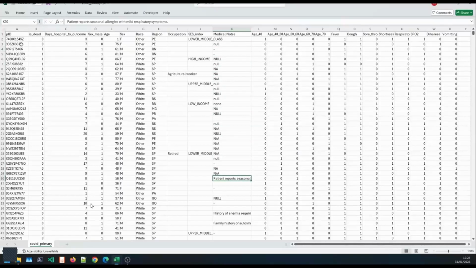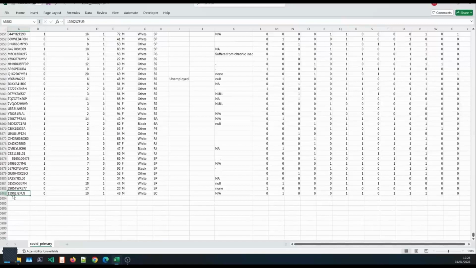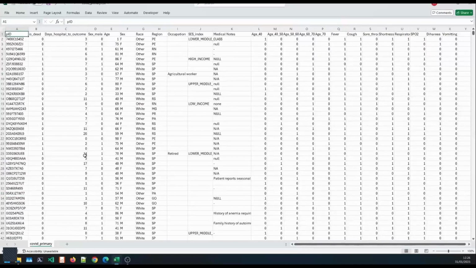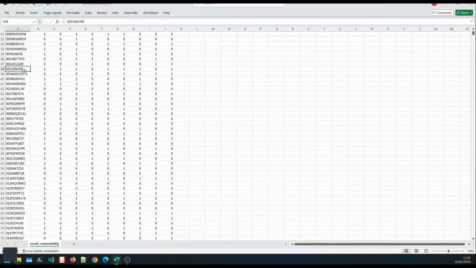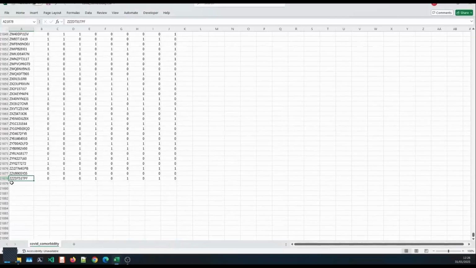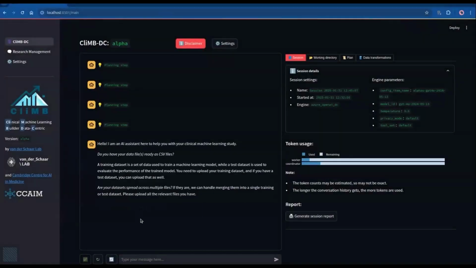What we're going to do is try to do survival analysis on mortality, using the is dead column and the time column of days hospital to outcome. Of course, we can see here the various patient IDs. We have about 7,000 patients in our main data set. But as often happens in real life, we have a second data set which has additional data points, in this case comorbidities, and it has a lot more records, and not all of them match the previous data set. So there's a difficulty there. We need to join the files.